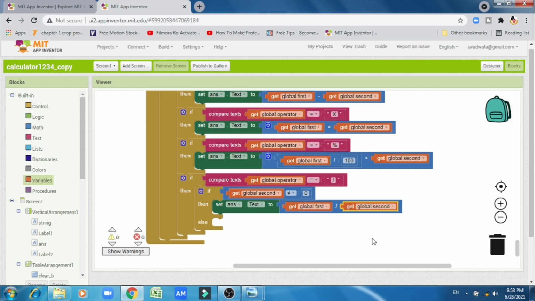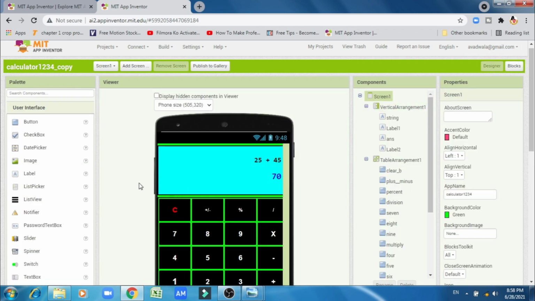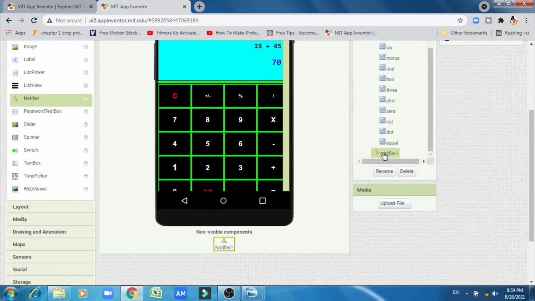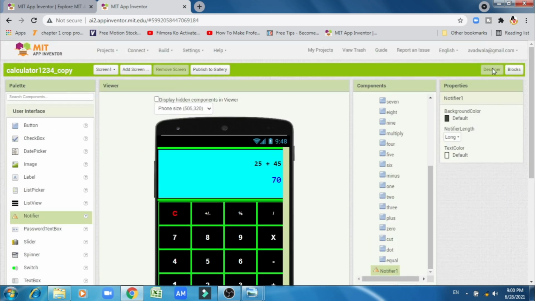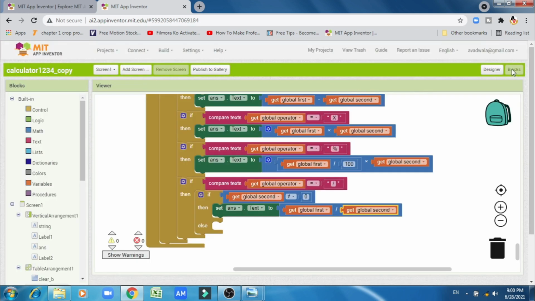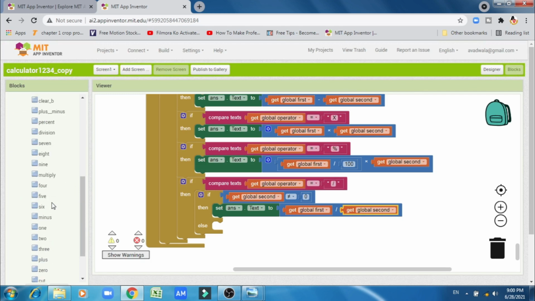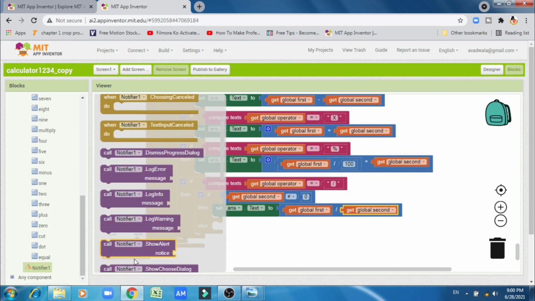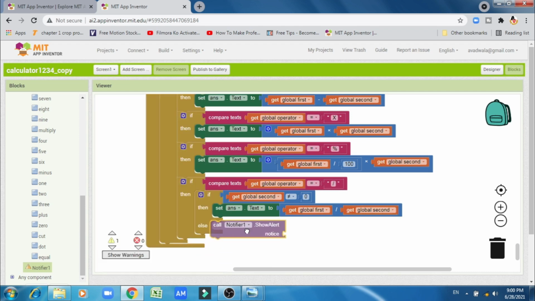So before it we have to place a notifier into our design section. Here we have to put one notifier, and that notifier will come here under non-visible components. Now again we go to the notifier section, call notifier, alert: notice cannot be divided by 0.